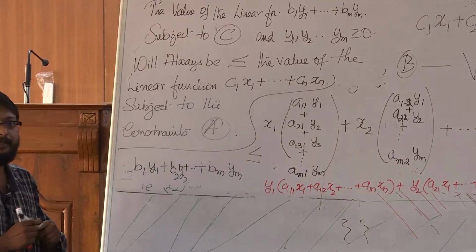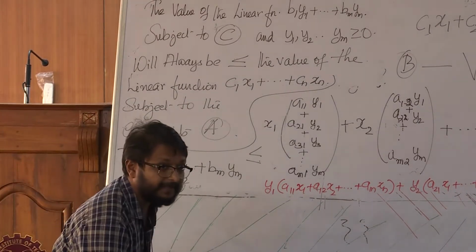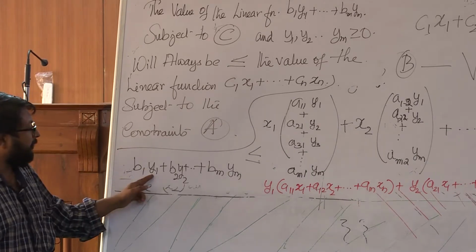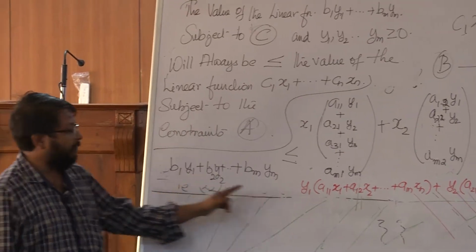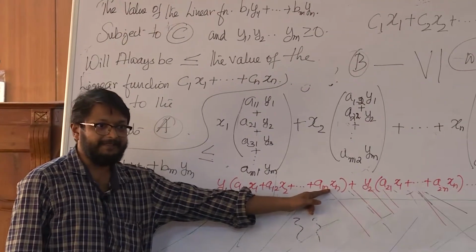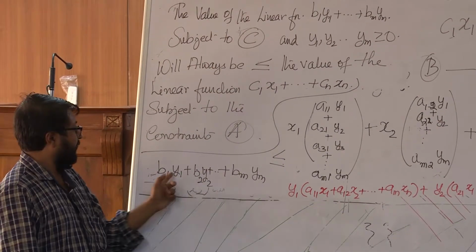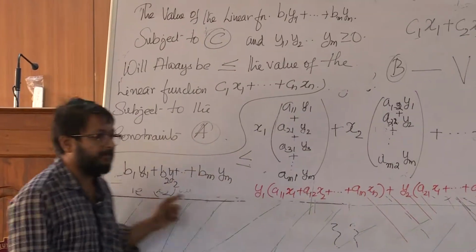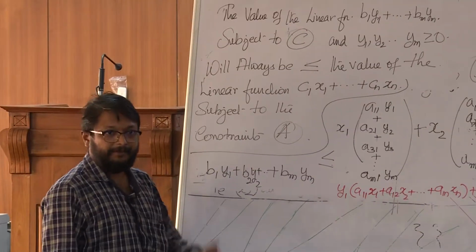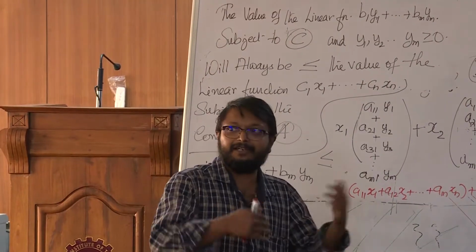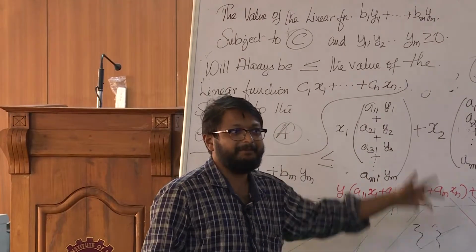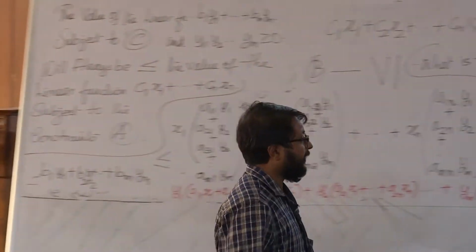So, what are the primal complementary slackness conditions I get out of this? b1 y1 should be equal to y1 into this, correct? From this I will get either y1 equal to 0 or this sum should be equal to b1. So, when the solution is optimal, there is a lot of structure with these simple linear equations. Okay. Similarly,